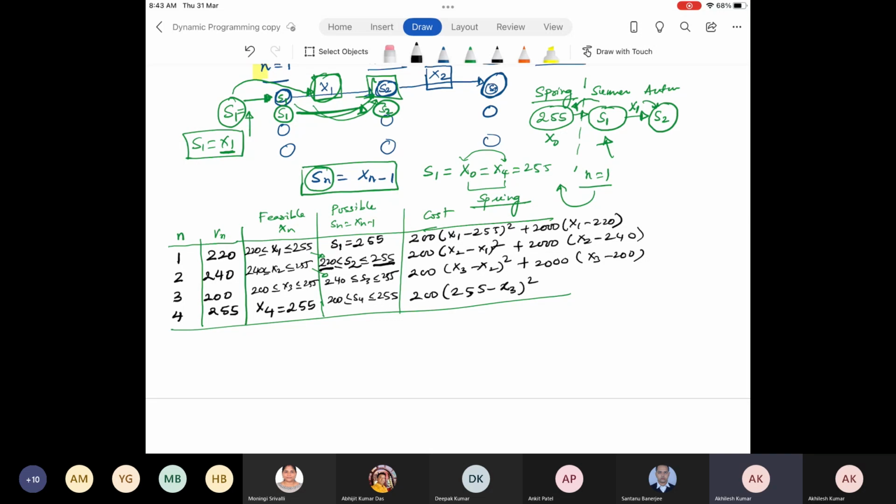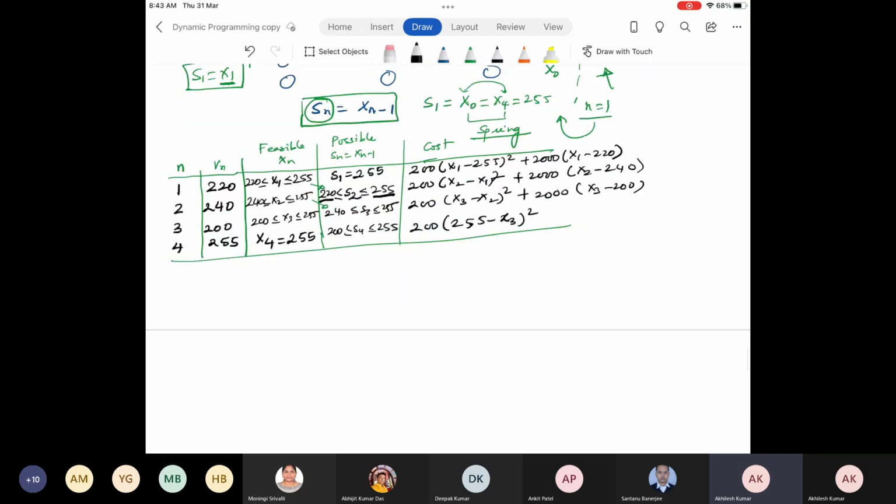So now I can write my recursive relation Fn. So far I have written in terms of Xn and Rn. Now I can convert it also in Sn. So 200 into (Xn minus Sn) whole square plus 2000 into (Xn minus Rn) plus F star n plus 1 of Xn. So this is my